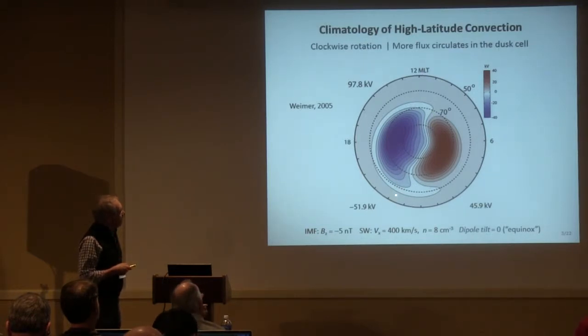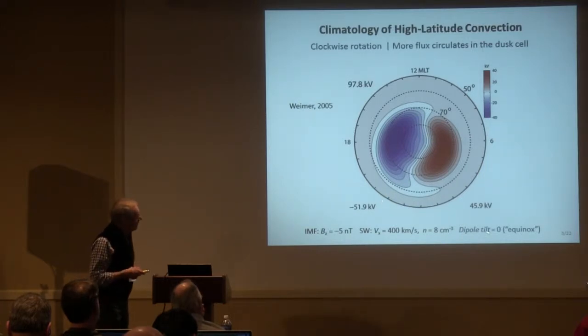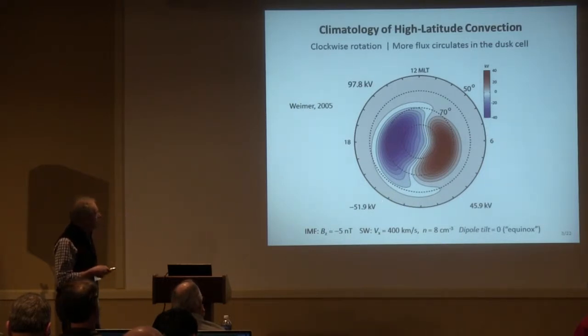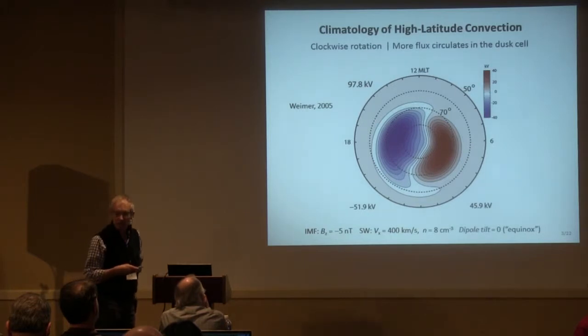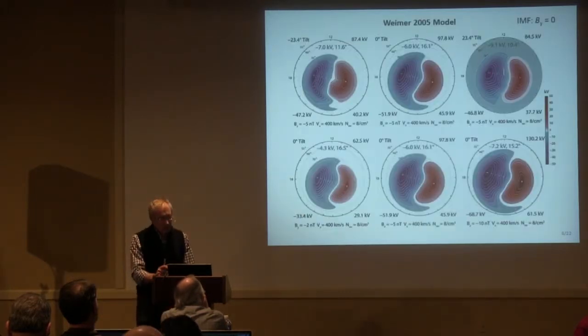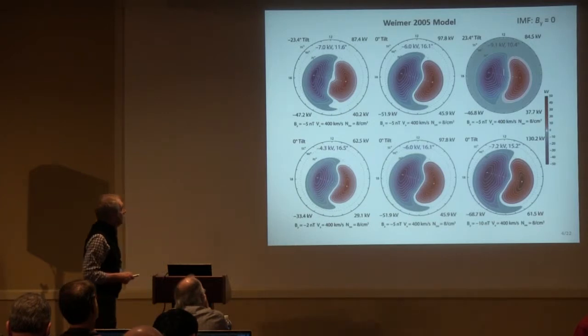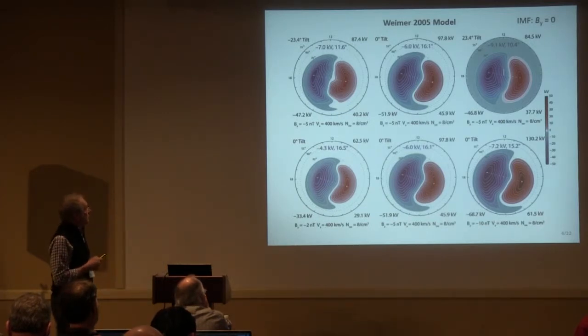One, there's a clockwise rotation of the ionospheric convection pattern here. This is for zero dipole tilt, and the Weimer model requires these input conditions. And as inferred by the difference in the potential maximum in the dusk cell versus the potential minimum in the dawn cell, there's more magnetic flux circulating in the dusk cell than the dawn cell. So there's this persistent asymmetry, and you can put different conditions into the Weimer model